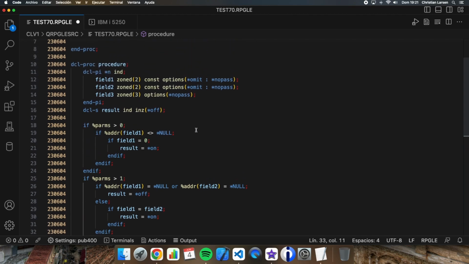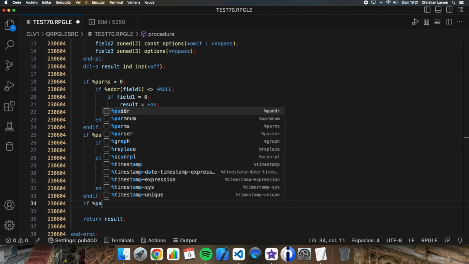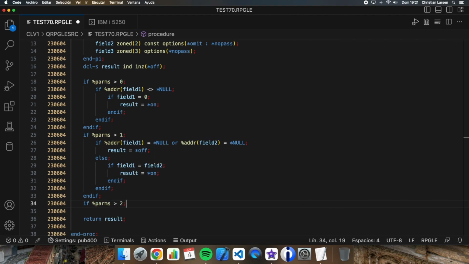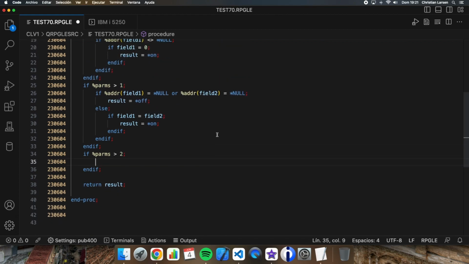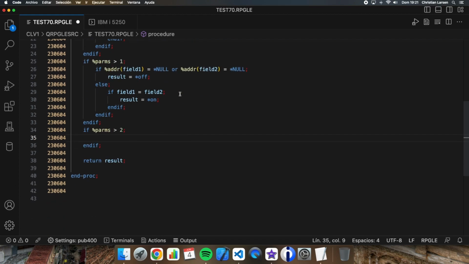and let's talk about the third parameter. In this case, it is a nopass parameter. Okay, so if parms is more than 2, then I'm going to return in field 3 field 1 plus field 2. Okay, field 3 is equal to field 1 plus field 2, and the result is on. Okay,